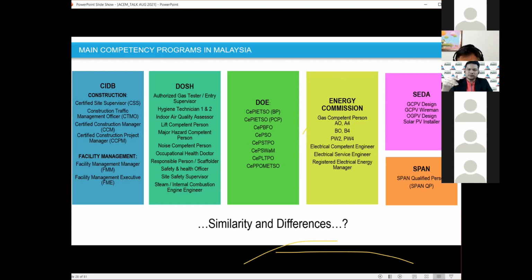You need to attend the class, not just for name. They also go for assessment, theory, and also practical. For an electrical competent engineer, you need to go for an interview after you become the PE and you have been exposed to the environment of electrical equipment, protection, and electrical HT gears. So basically, there is an assessment that needs to be carried out.